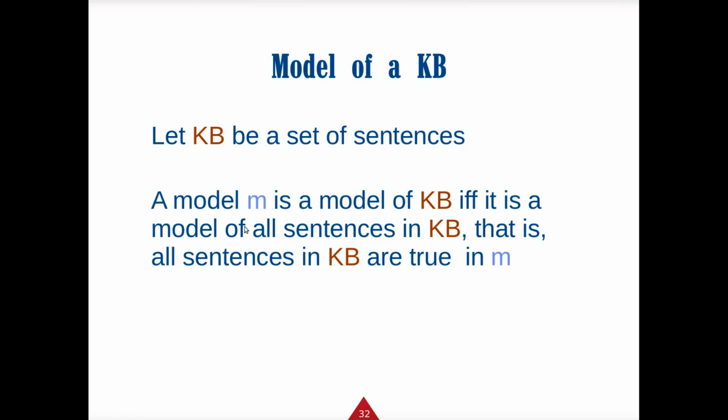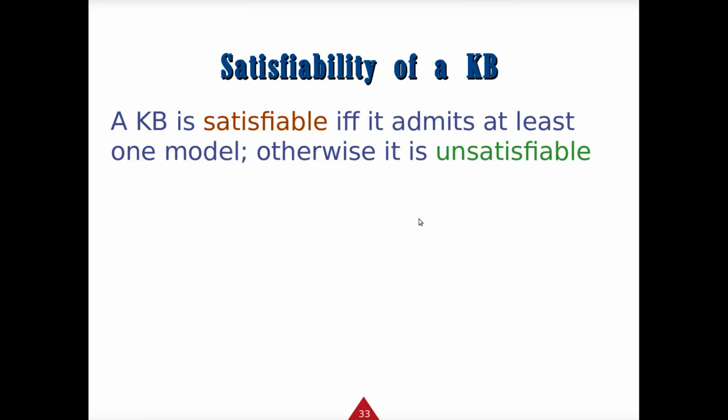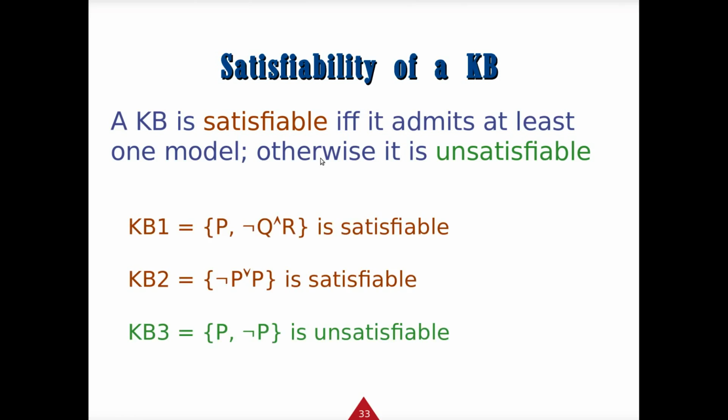And so you can let your knowledge be a bunch of sentences, and then your model M is a model of the knowledge base if and only if it is a model of all sentences in the knowledge base. That is, all sentences in the knowledge base are true in M. So KB is satisfiable if and only if it admits at least one model, otherwise it is unsatisfiable. So this statement is KB1,